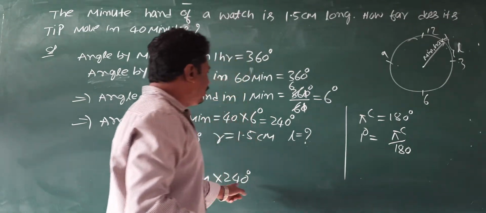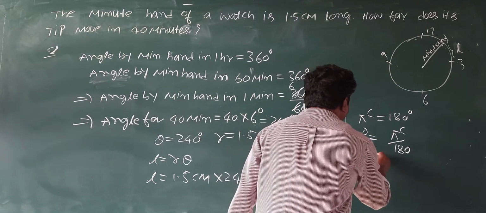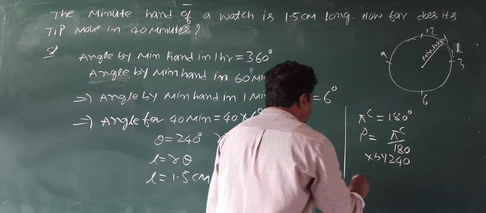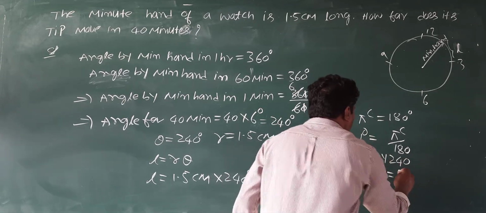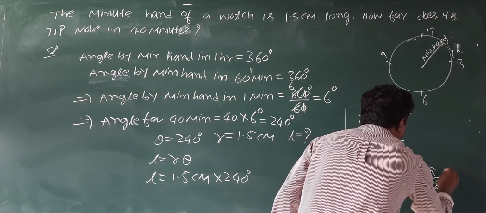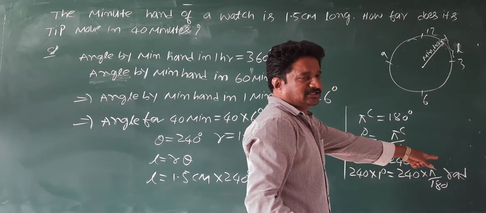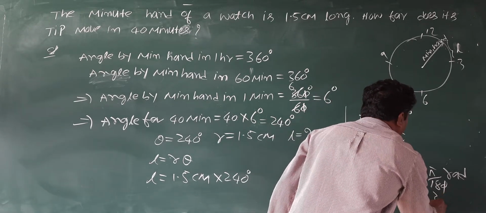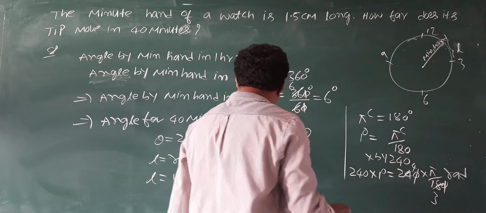So to convert 240 degrees, multiply throughout by 240. So 240 into 1 degree is equal to 240 into pi by 180 radians. The zero cancels. 6 3s are 18, 6 4s are 24. I think it is 4 pi by 3 radians.